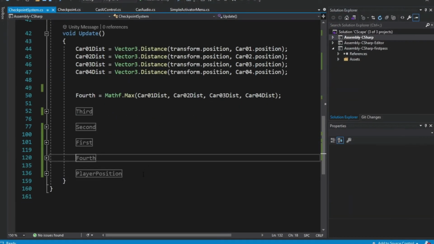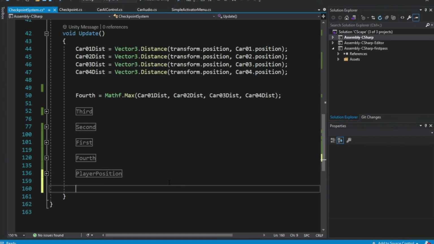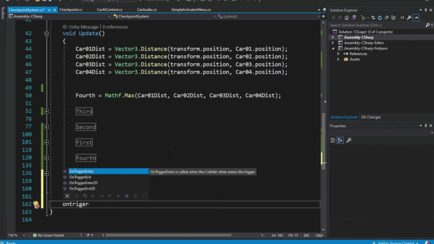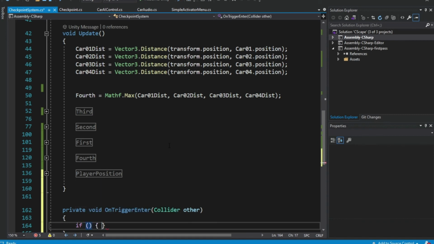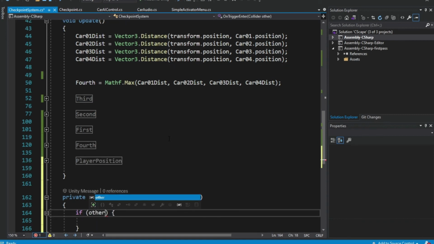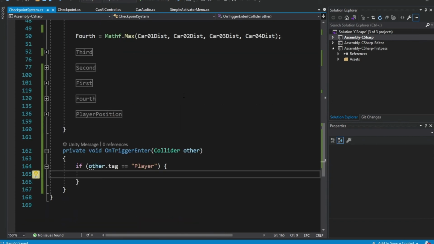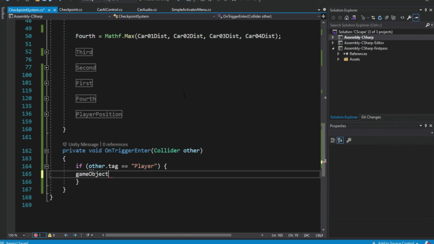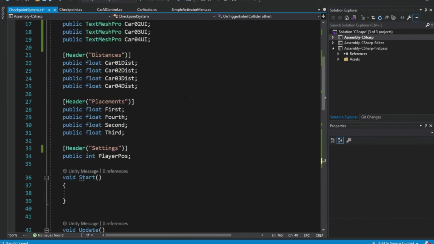Okay, now on here, I'm going to have to create a new, let's say, function. The function is going to be OnTriggerEnter. Now on trigger enter, if the other's tag is equal to Player, then it is going to set active itself. So gameObject.SetActive(false) means it will disappear, and it will enable the